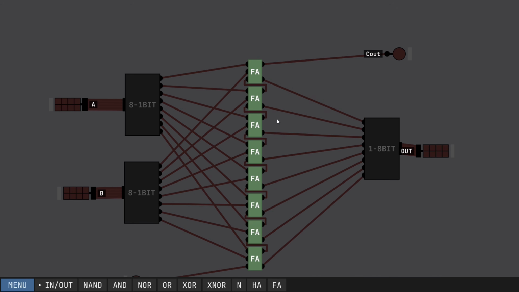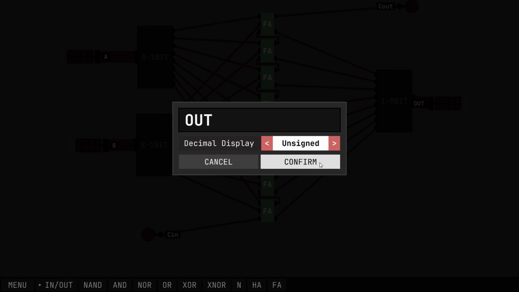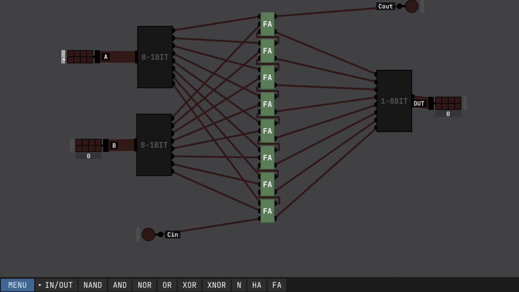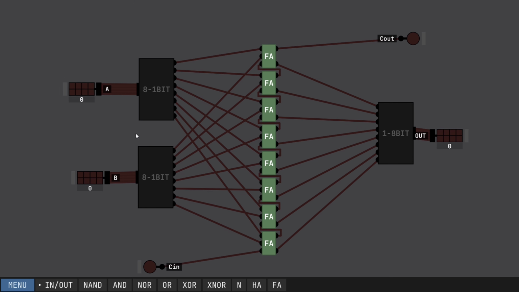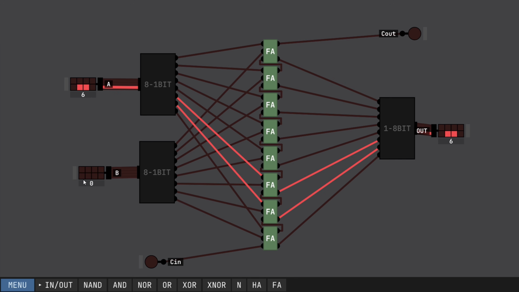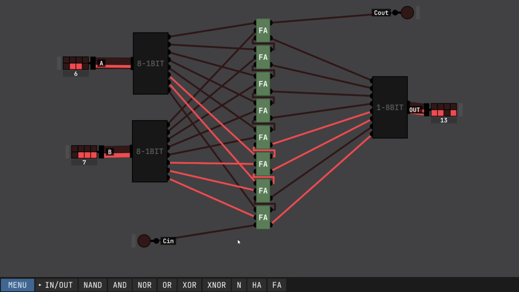So there we go. Now we're going to click our output, put decimal unsigned on, and the same for inputs. So we can see what these numbers are that we're adding, because we can't really convert binary to decimal just yet in our heads because we're not pro computer scientists. But now let's add 6 plus 7, our previous calculation, and we get 13. So you can see, if we look at it,